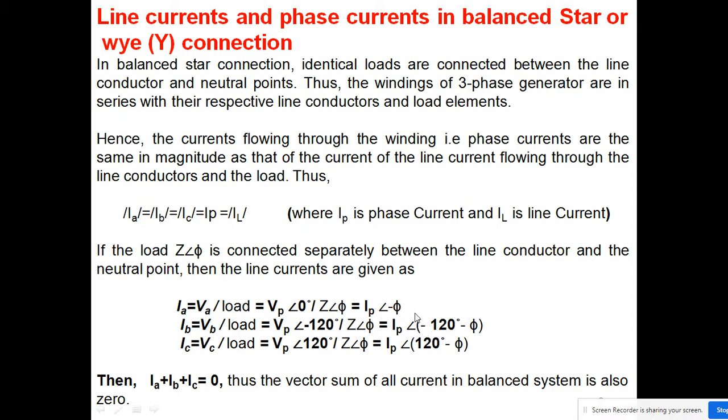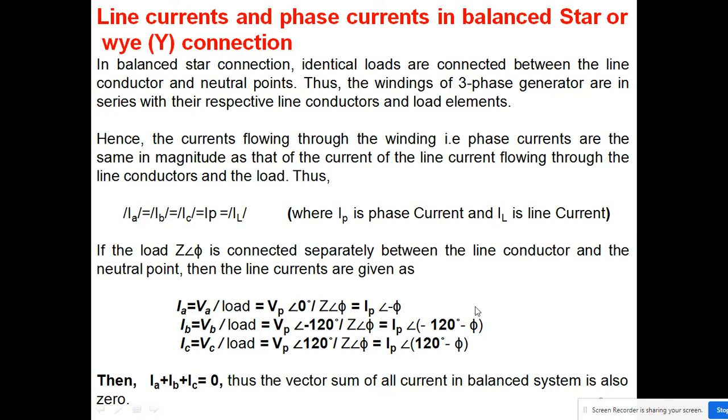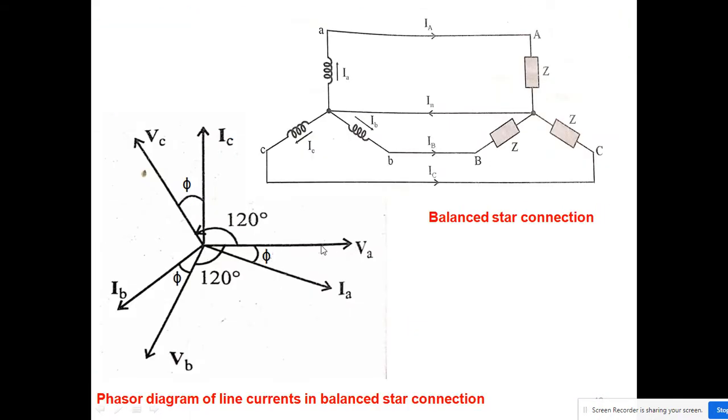From all these three equations you again see the current is lagging behind by the phi angle. If I take the sum of all three currents, it becomes equal to 0. So in the balanced system the current sum again becomes equal to 0. Because the current is lagging behind by the phi angle, I draw here this voltage and the current lagging behind it by phi, again the voltage and the current lagging behind it. Everywhere it is lagging behind by the phi angle.